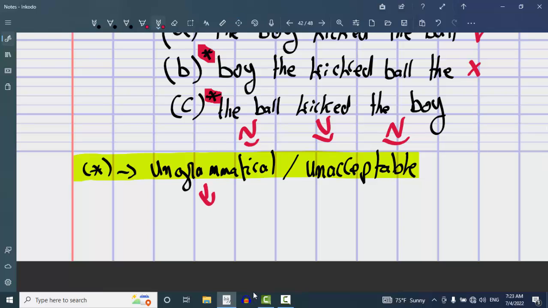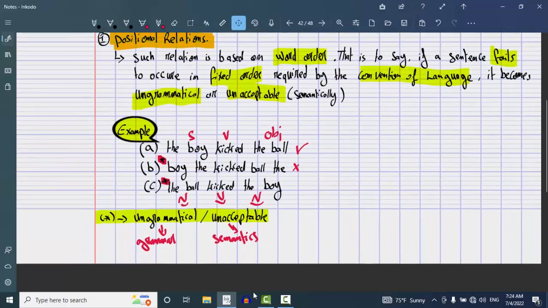When we say ungrammatical, it is related to grammar. And when we say unacceptable, here we talk about the semantics. So this is what we mean by positional